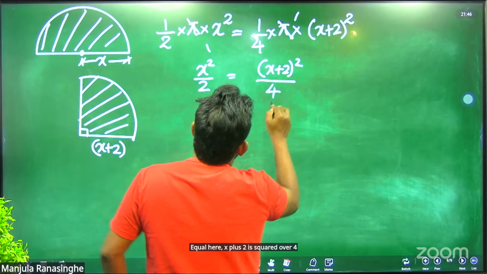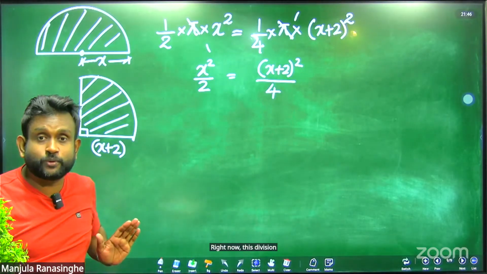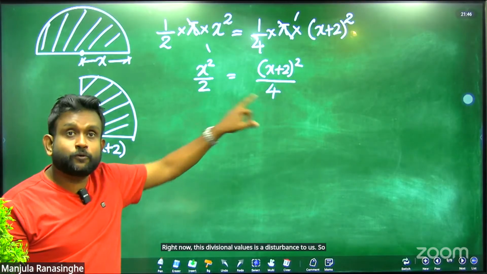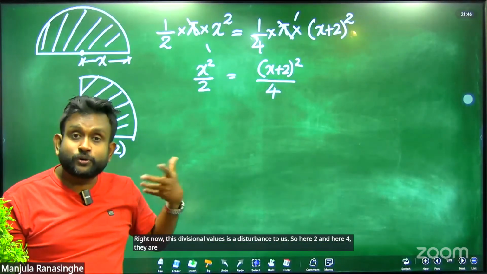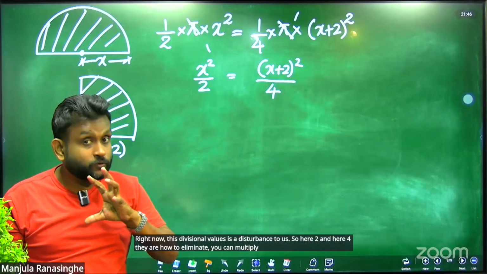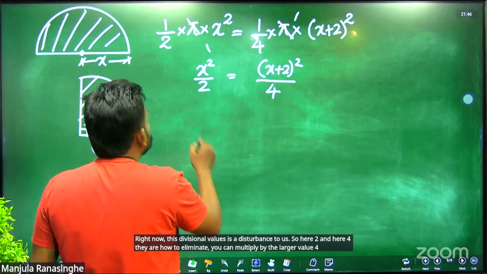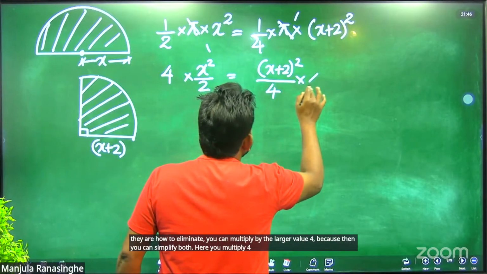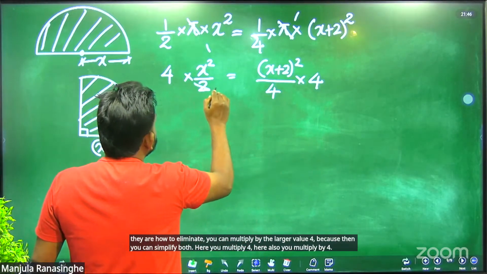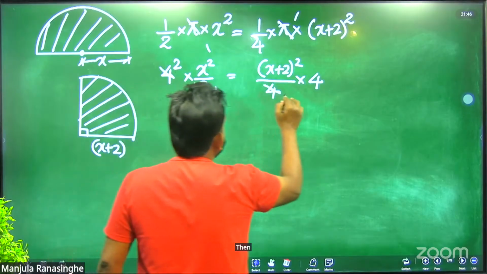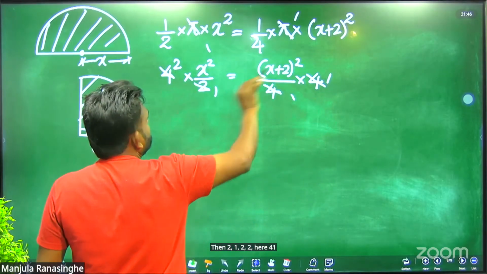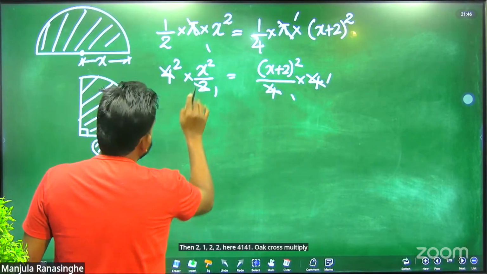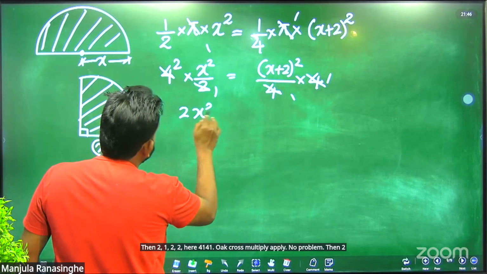Now these denominators are a disturbance to us: here 2 and here 4. How to eliminate them? Multiply by the larger value 4, because then you can simplify both. Multiply by 4 on both sides, or cross multiply, no problem. Then 2 into x squared, 2x squared, equals